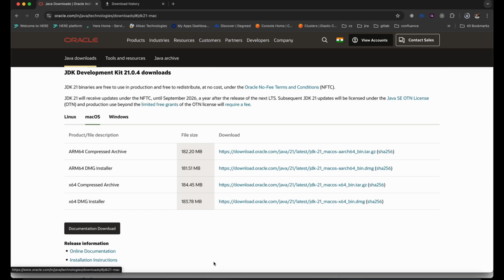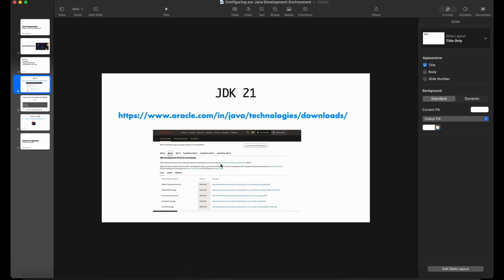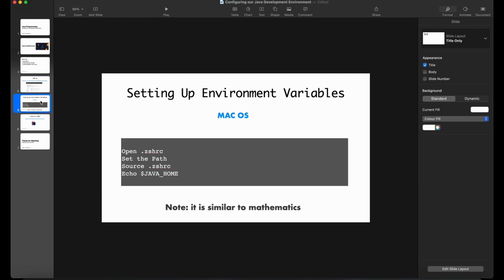We'll install it in the next moment, and after the installation is done, we'll have to set the environment variable. So the next step after installing is we need to set up the environment variable. In Mac OS, there are different ways in which you can set the environment variable. One of them is that we can set the JDK installation path to the